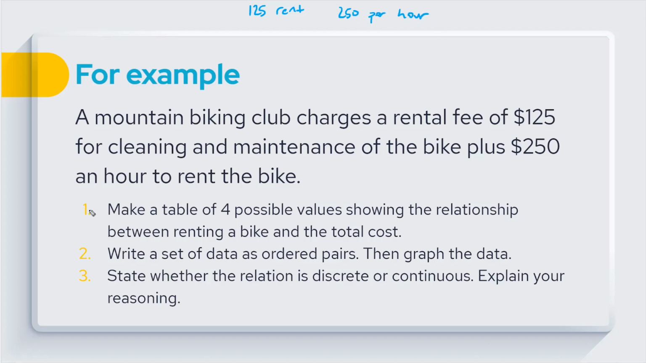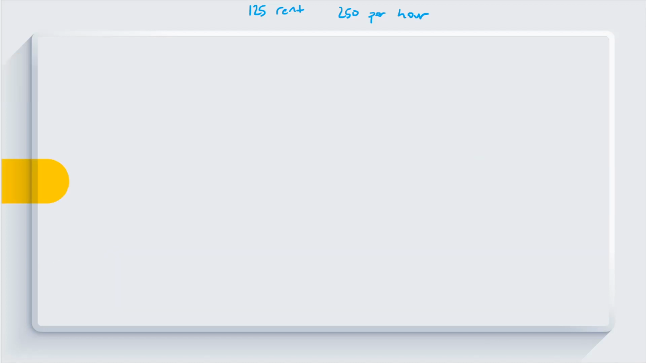We're going to make a table of possible values. We're going to write a set of data as ordered pairs. Then we're going to graph it. And then we're going to state whether the relation is discrete or continuous. Let's hope I can remember all of these things. I know the first thing is to make a table, so let's start there. At 1 hour,